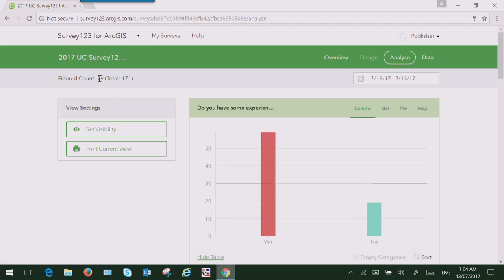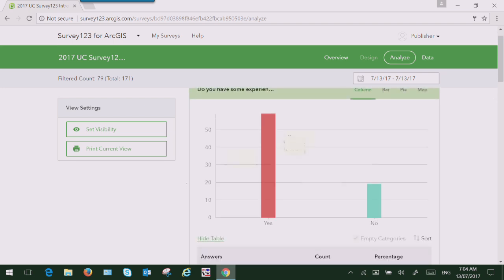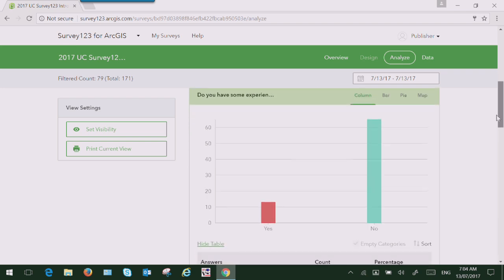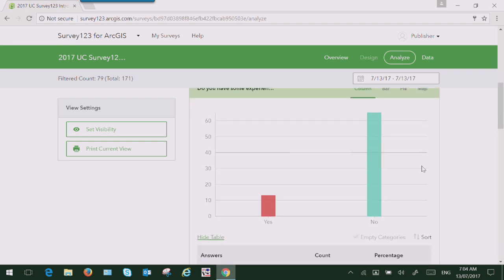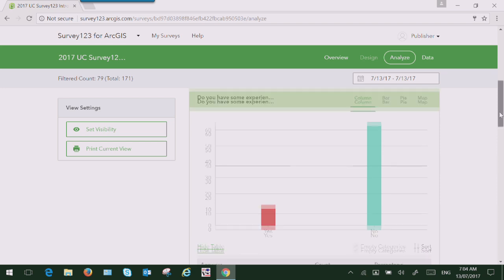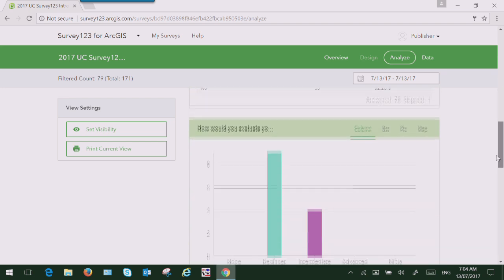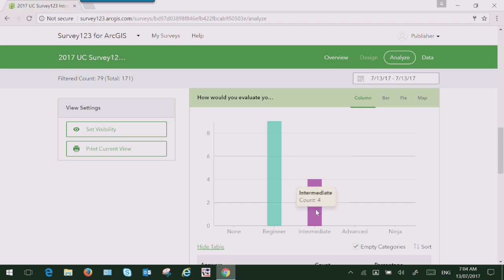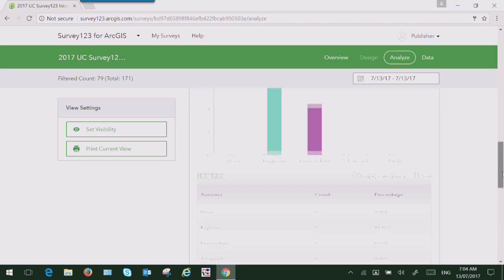We can see there are only 80 records here. Most of us apparently have experience with feature surveys, and we are almost new to Survey123. Also, there are 4 people with intermediate experience,